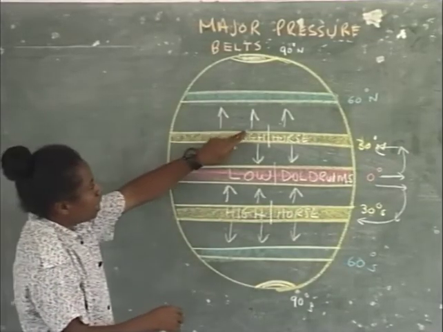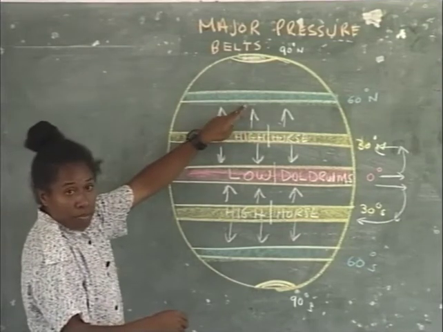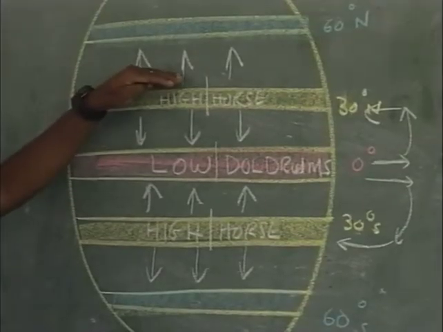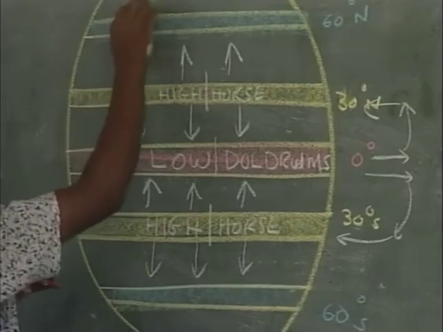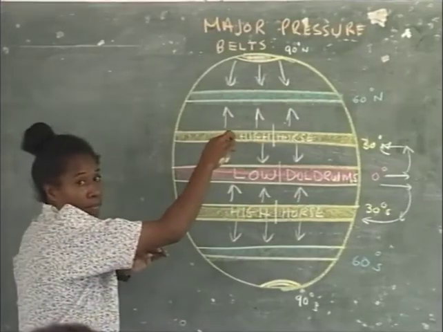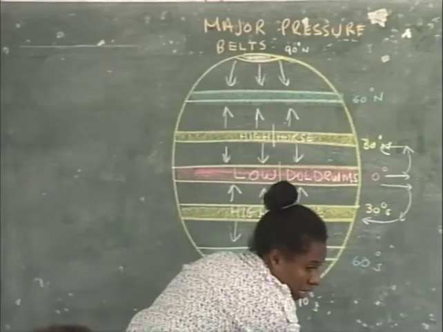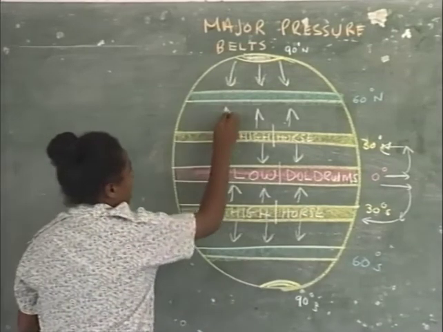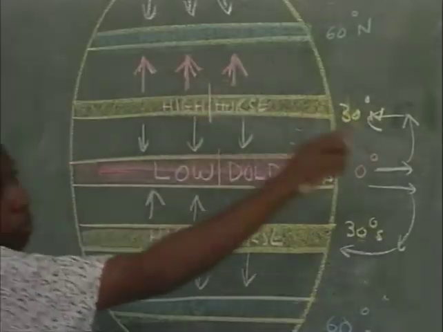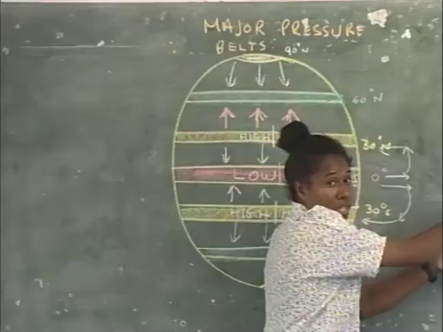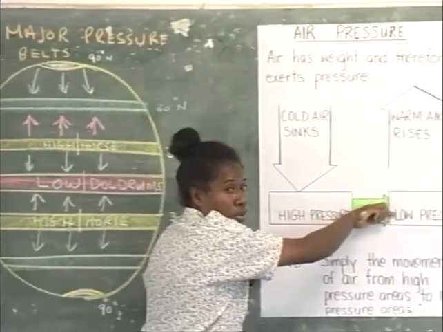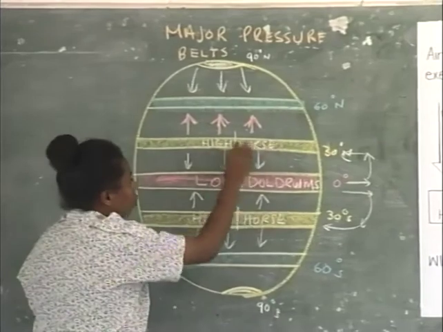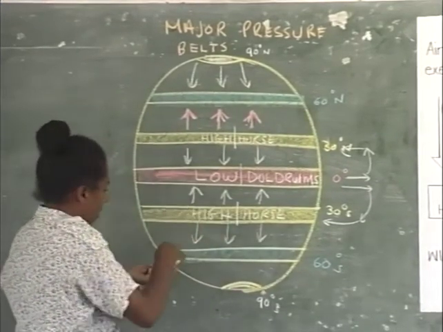When the air, especially that which is traveling towards the South Pole, because it's coming from the equator, it will be warmer than the air which is traveling from the poles towards the equator. Perhaps I'll put in two different colored chalk so that it will help us understand those air masses. Here, the air masses. Remember, we mentioned that when the air sinks, what happens to it? It will move as wind. So some of the air sinking here will move back towards the equator.